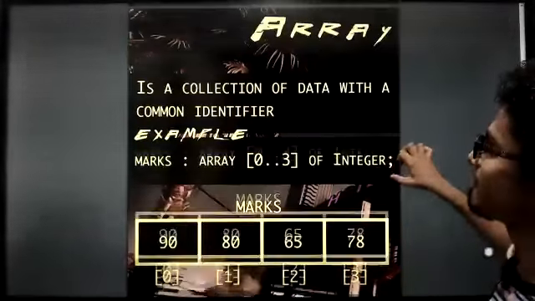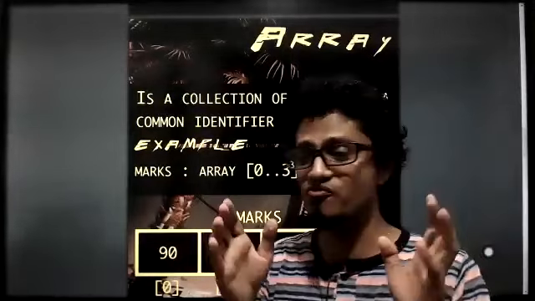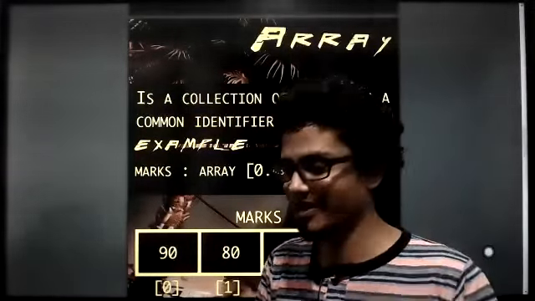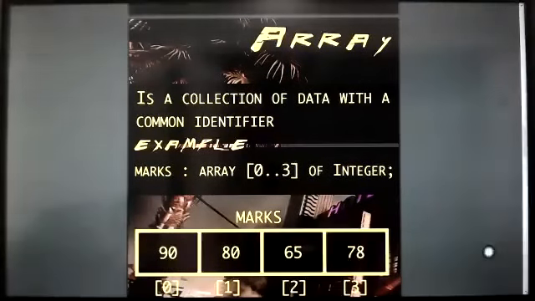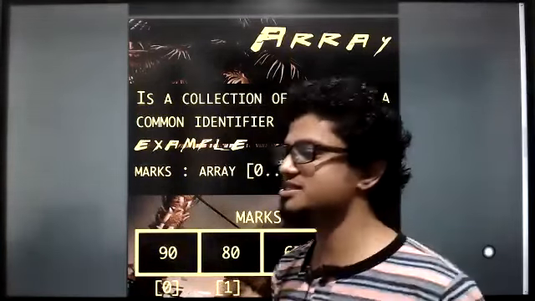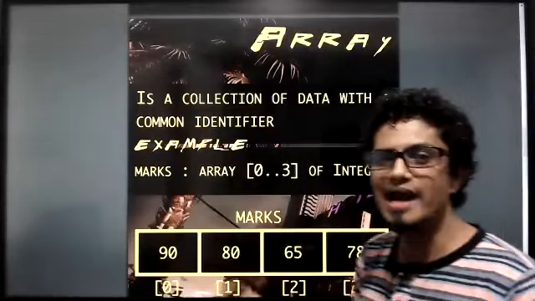Now, starting off with arrays. This is going to be very, very, very important, right? So please stay focused. Let me change the exposure a little bit, otherwise it's flickering. Right. Now, arrays.